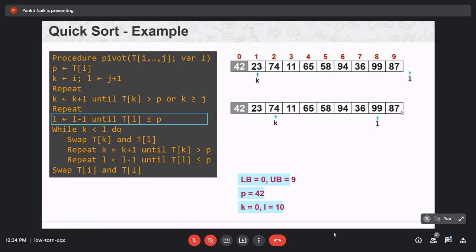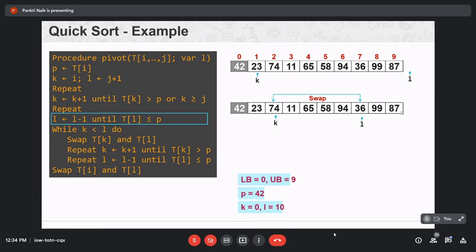Now T of L is 99, which is less or equal to 42? No. Again L minus minus, that is T of L is 36. So 36 is less or equal to the pivot value 42? Yes. Then don't decrement the value of L.